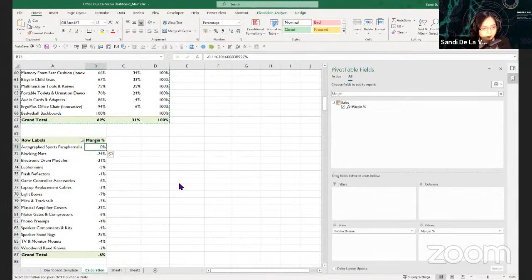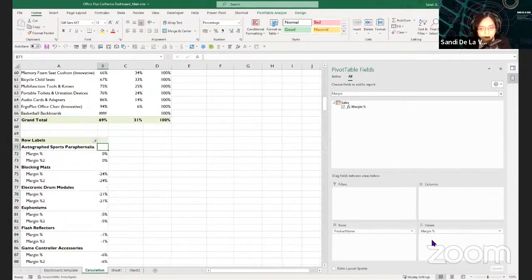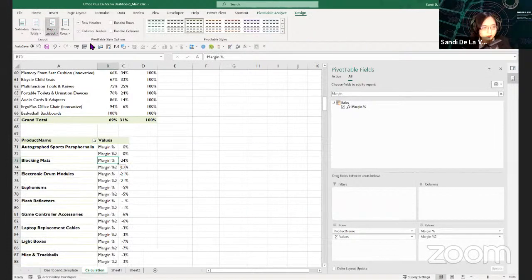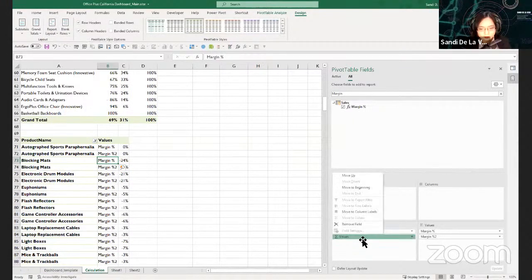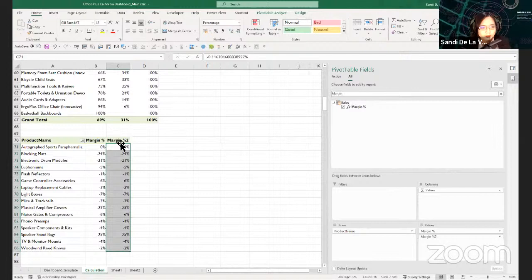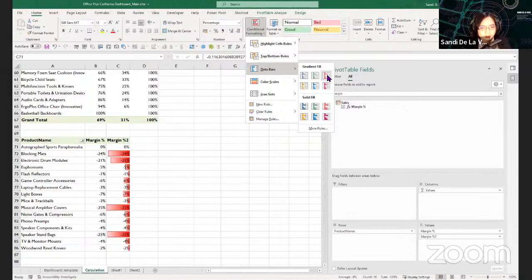Let's sort it, smallest to largest. Use the same column. Maybe change the design so the value should be in columns there. So why do we need this? We want to recreate the conditional bar formatting. So by selecting the margin percentage, go to conditional formatting and select the red bar chart.